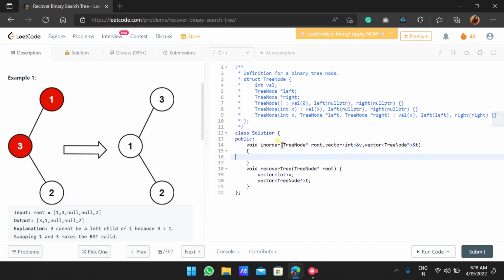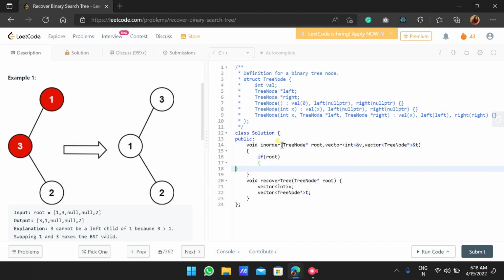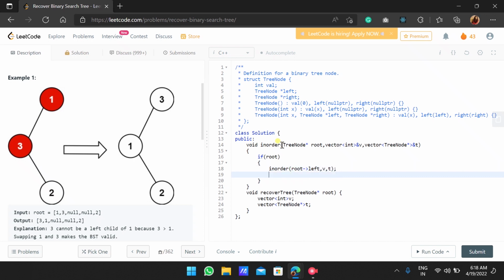If our root is not null, then we will go inside this condition. So then we will move to the left, passing V as it is and T also.